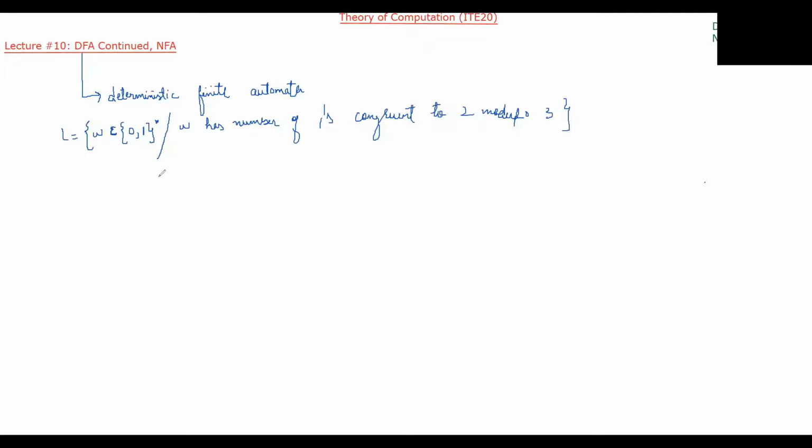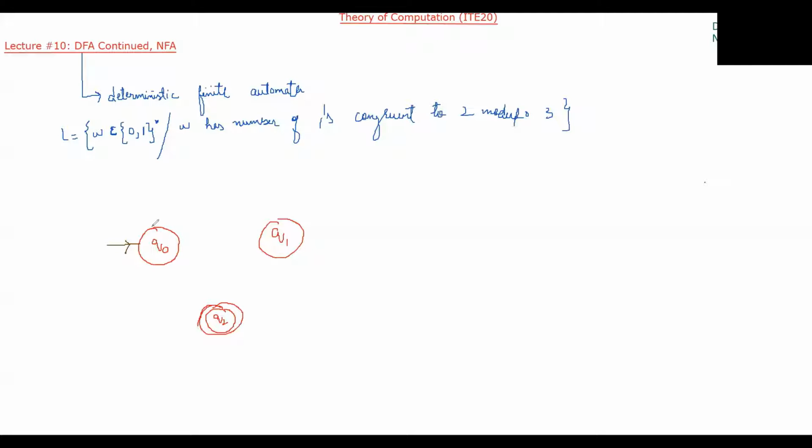So let me discuss this. Let's first design a DFA for this particular language. Since you have already understood this in our previous lecture, I will make this DFA quickly. It will have the following three states: Q0, Q1 and Q2. And this Q2 is our final state. We will figure out why it is the final state. Q0 is our initial state.